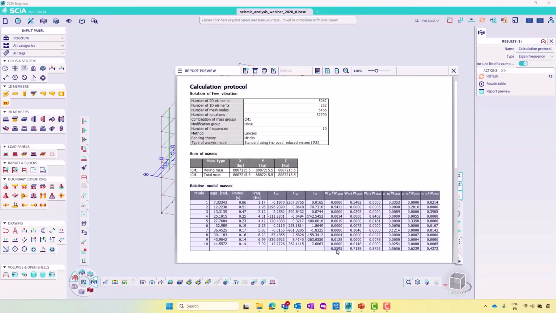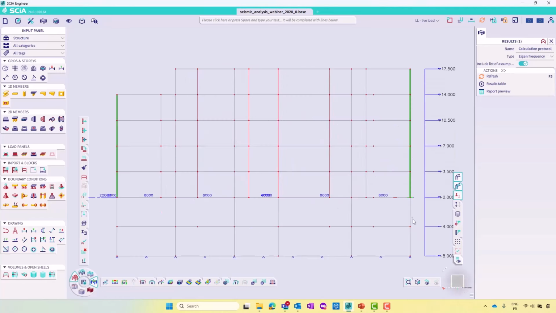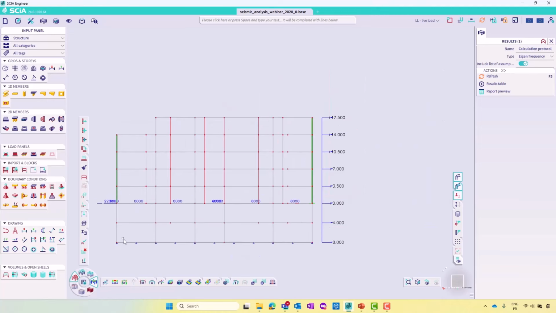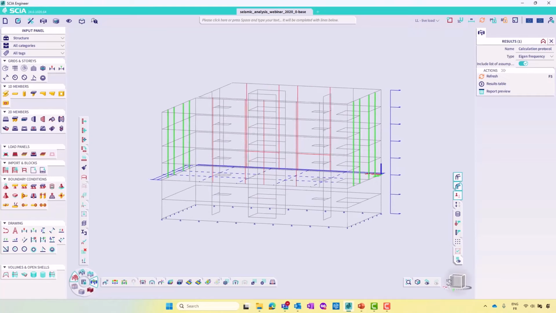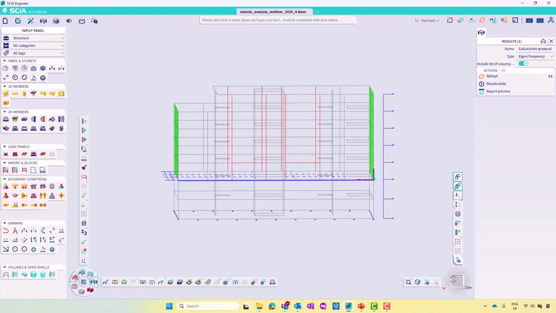Where is this difference? This difference comes from the fact that in this model I have two stories that are underground that are not really moving so much. Why not? It's because they are constrained by the surface support. It means all this mass that is here cannot move. So because it cannot move, we will not find it in the mobilized mass that is reflected by the calculation protocol. So what we can do in that case, which is really a very common case in practice,